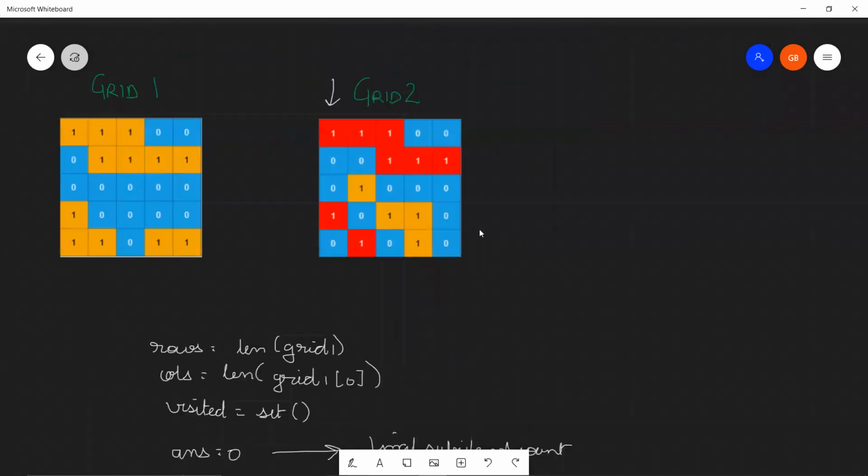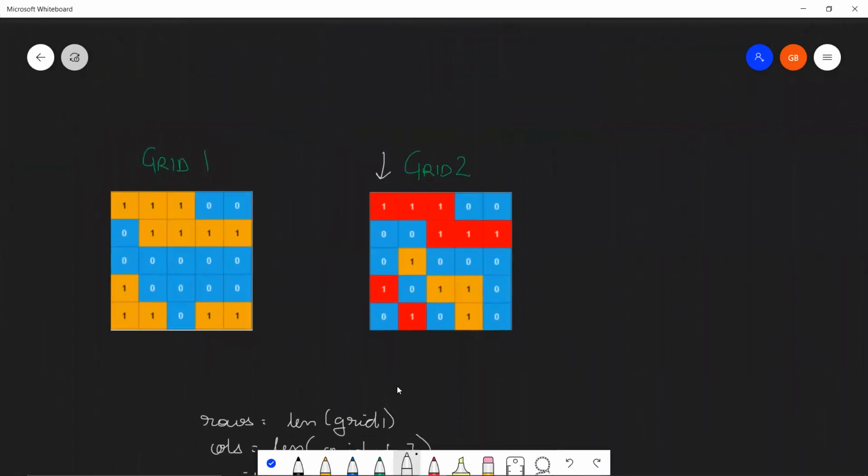It might be a possibility that we reach a water over here. Let me show it to you guys over that example that I have over here. See, here we are reaching water, right? But one was still present over here. So it's not a final conclusion that this is not a sub-island. We actually are traversing over this sub-island, right? The only time we can actually say that this is not a sub-island is in a condition like this, when we have one over here and the corresponding location is zero.